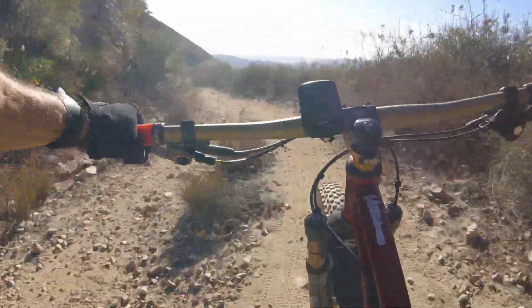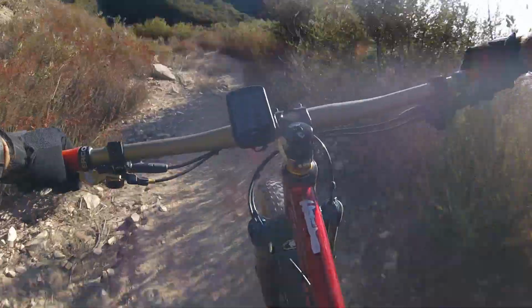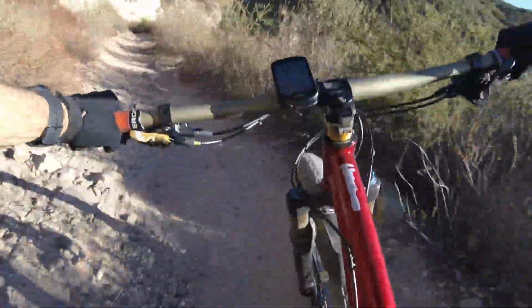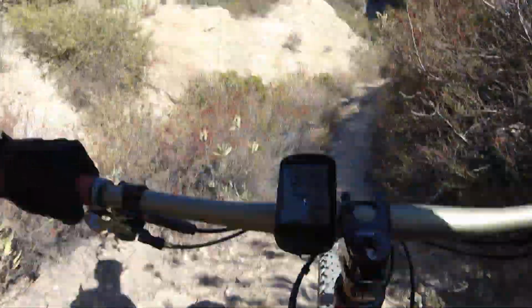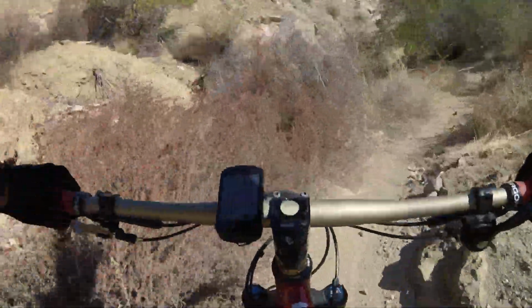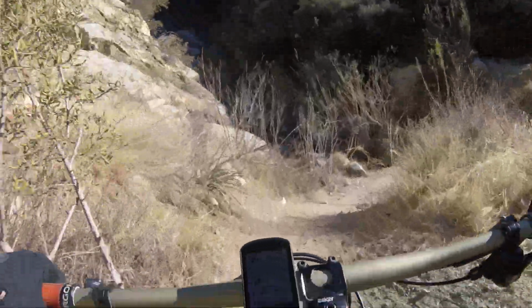So it is nice having this Fox fork on here, you guys. Believe me, that's one thing I miss when I ride my single speeds, besides the gears, is I miss having a nice suspension fork. So I'm thinking of building up another single speed with another Fox fork on it, just because I have most of the parts to build up another bike. If I buy a frame and fork, I could pretty much build it out. And I don't know, that's just a consideration I'm thinking about. Then I have to decide on